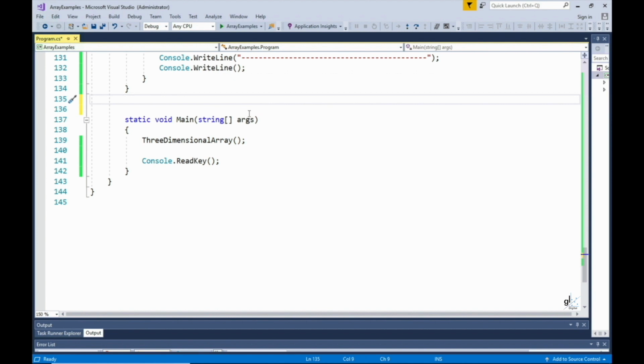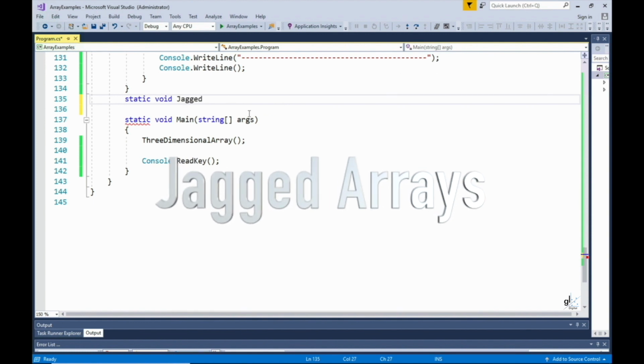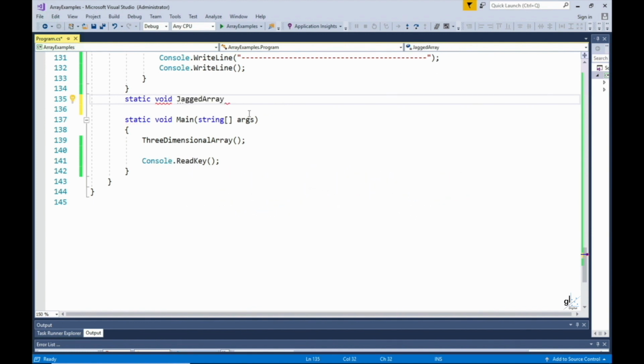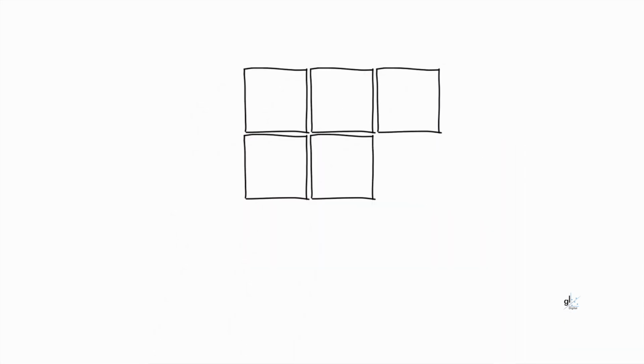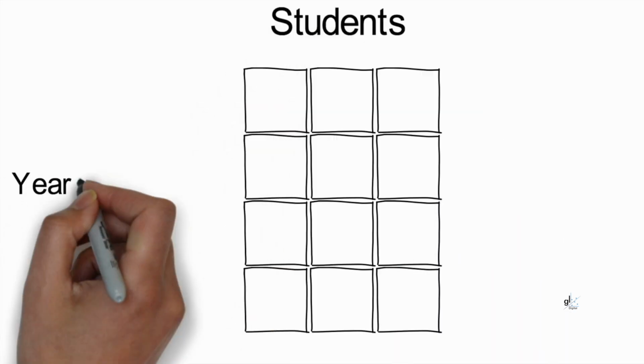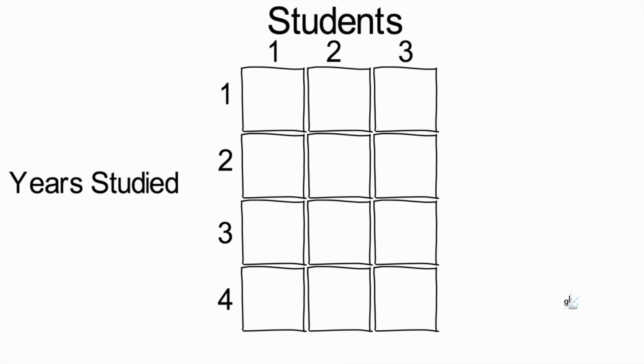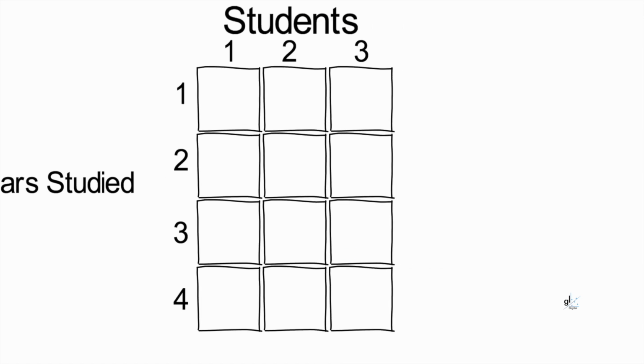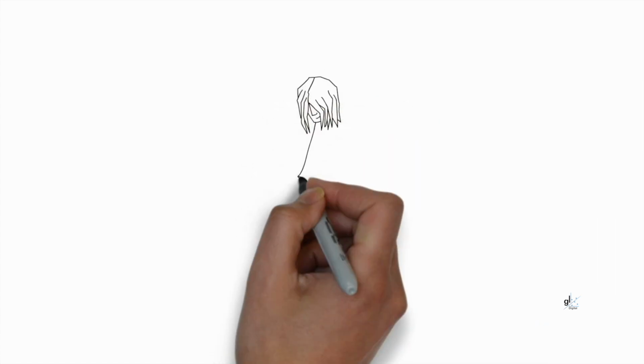So in this example, we want to store and write to the screen the data of 3 students who enrolled for a 4-year course. You'd think that we could simply store the data in a typical 2-dimensional array, where the first dimension has a size of 4 representing the 4 years, and the second dimension has a size of 3 representing the 3 students. But now what if, for example, student 3 dropped out of the course after 1 year